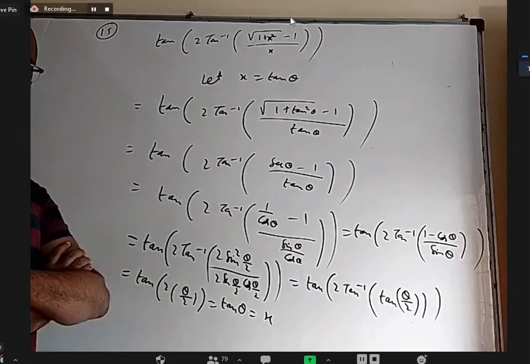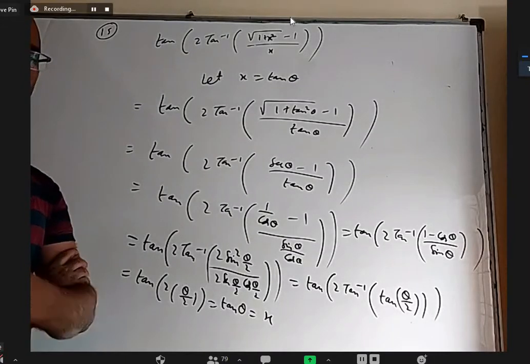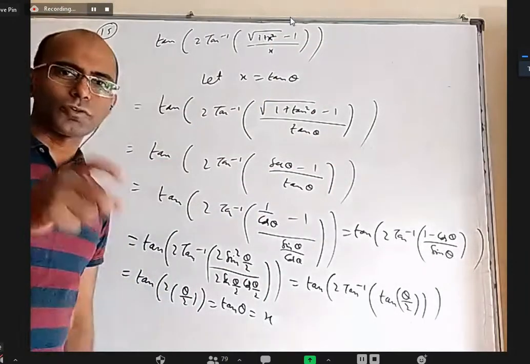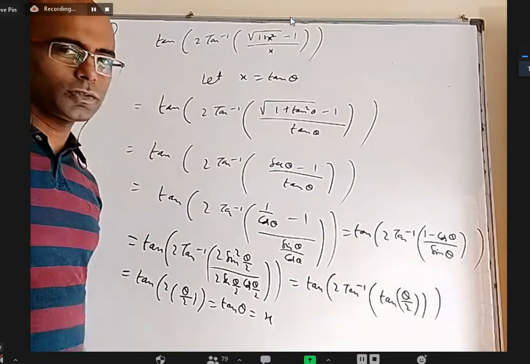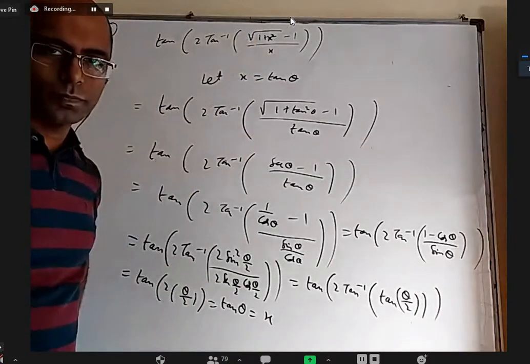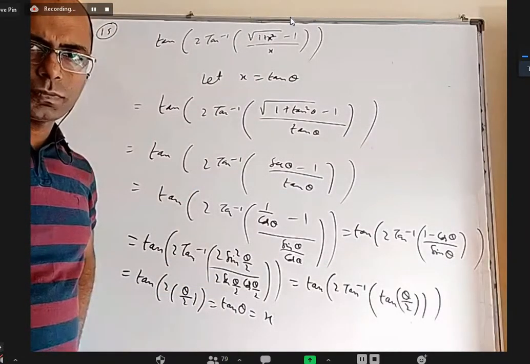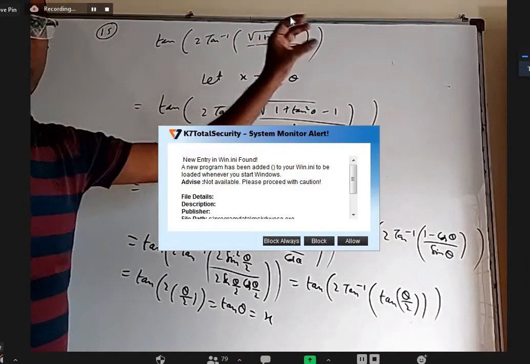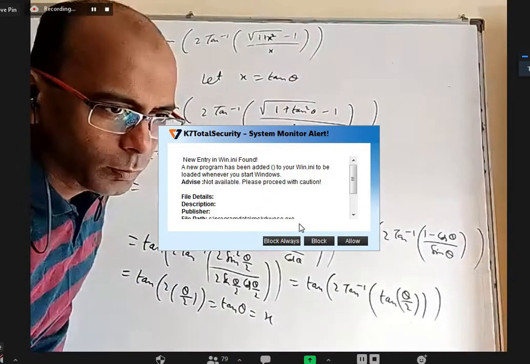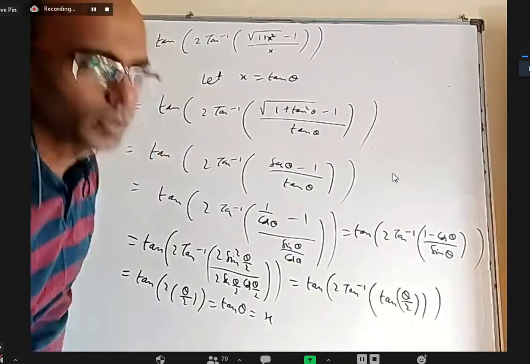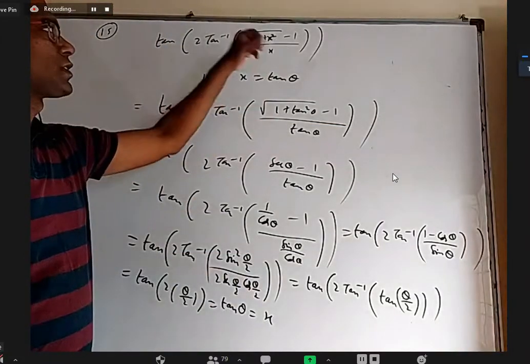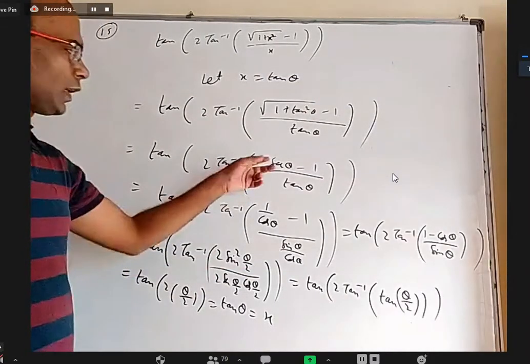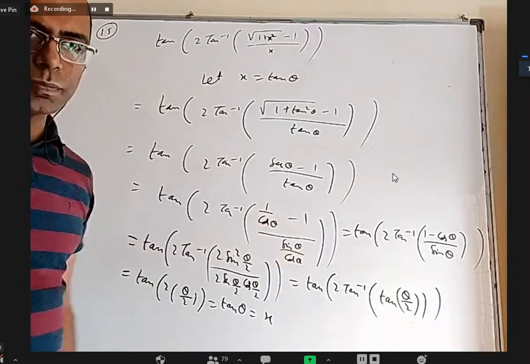Sir, why did we replace the x value with tan theta? We wanted to simplify this. I already gave a detailed discussion. Root 1 plus x square. Understood. Okay, so we want to simplify this whole thing, it will become something simple in terms of x, but what it is we don't know. Because 1 plus x square is there, we don't like the root, we want to remove the square root part, so we took x equal tan theta, and this part by using trigonometry becomes simple.